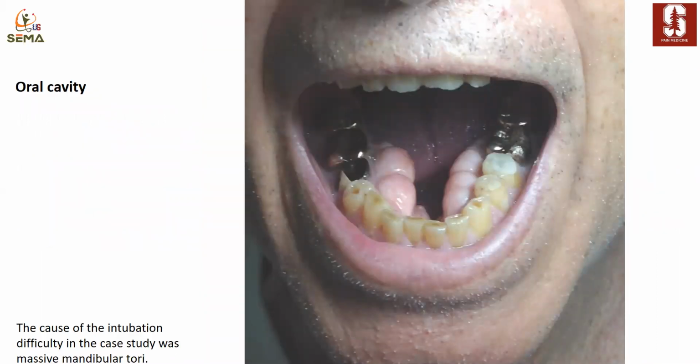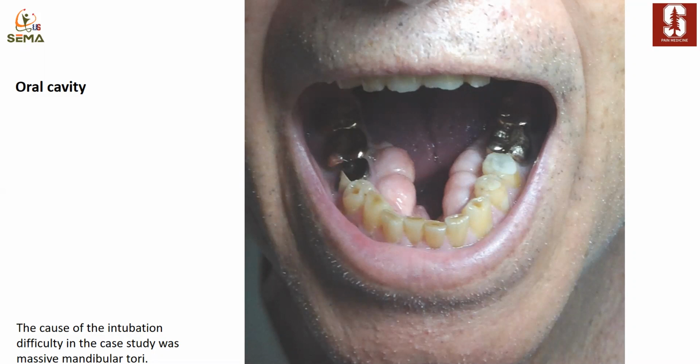Then going to the airway examination, to start with, you look at the mouth. When you open the patient's mouth, it's not only about Mallampati. We're going to talk about Mallampati now. It's literally, you need to look at everything. You need to look at the teeth, the tongue, and ask the patient to flip the tongue and look at the floor